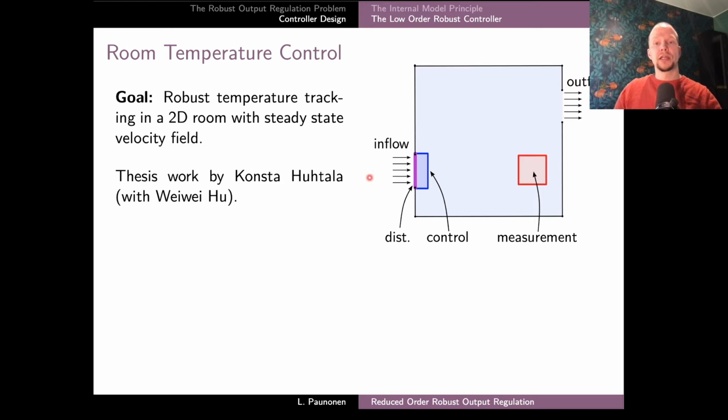So we have a rectangular space with some fluid in it, and we model the temperature profile of the fluid. The walls of the room have two openings, one on the left side with an inflow of the fluid, and another one on the right side with outflow of the fluid. Our aim is to achieve output tracking of the average temperature in this red square while controlling the temperature